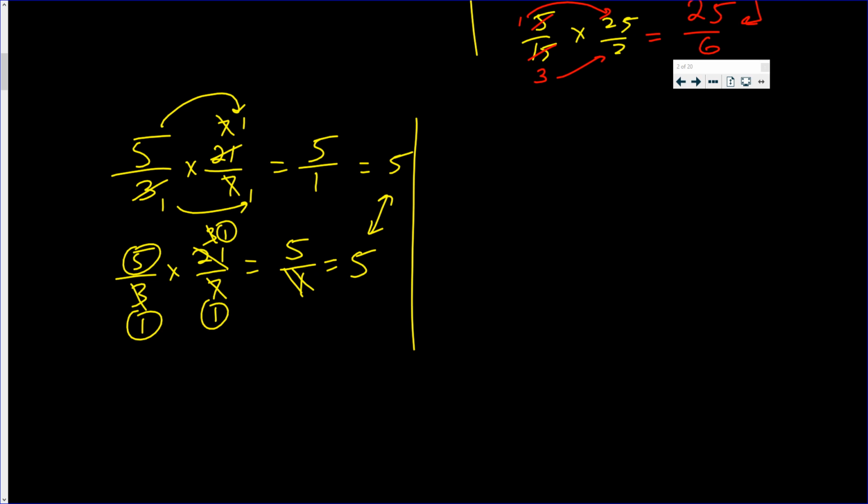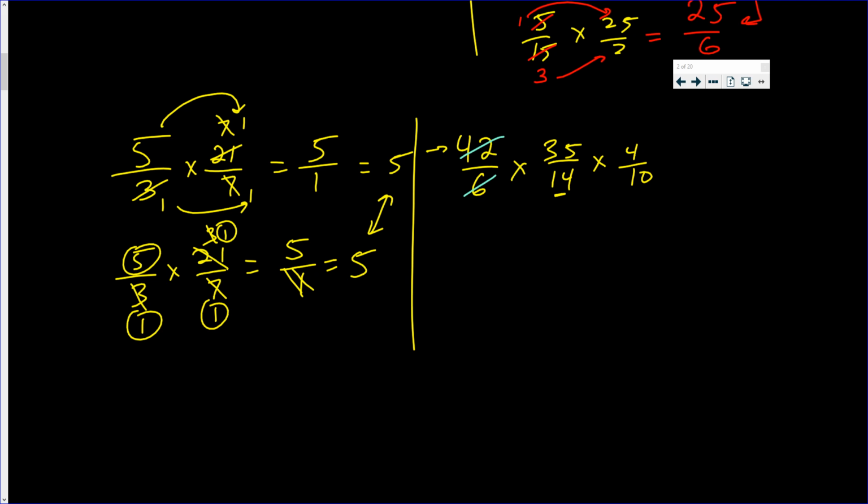How about we try this problem? Again, how you do it is up to you, as long as you reduce a top number and a bottom number. Never ever 2 top numbers. Now, you can say 7 goes into both of those numbers, 14 and 6, but I prefer to say that